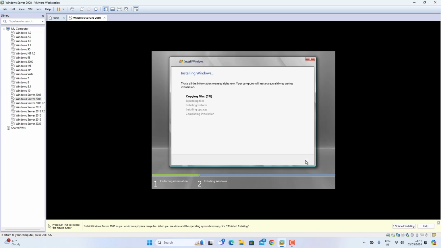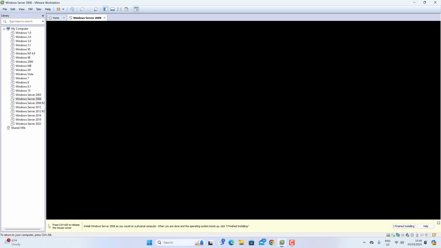It'll take a while, of course, and then I'm actually going to pause this part. And after a while, it would of course restart. Windows Server 2008, just like 2008 R2, actually stopped receiving support in 2020, unlike Windows Vista, which stopped receiving support in 2017. And of course, the boot screen for Windows Server 2008 is going to be very similar to that